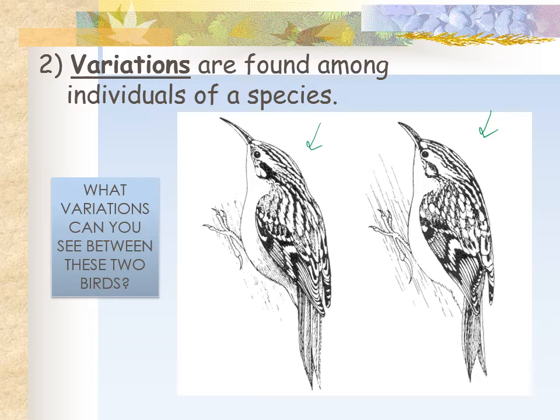Hopefully, you notice this one has a slightly longer beak than this one. There's also some different coloring on the bellies. This one has some shading on its belly, this one does not. This one has a slightly larger forked back wing compared to this one. This one has a larger claw than the other one. Slightly different facial or head markings. Could one of those, or more than one of those traits be advantageous? Maybe. We don't know what conditions are like in the environment, but maybe.